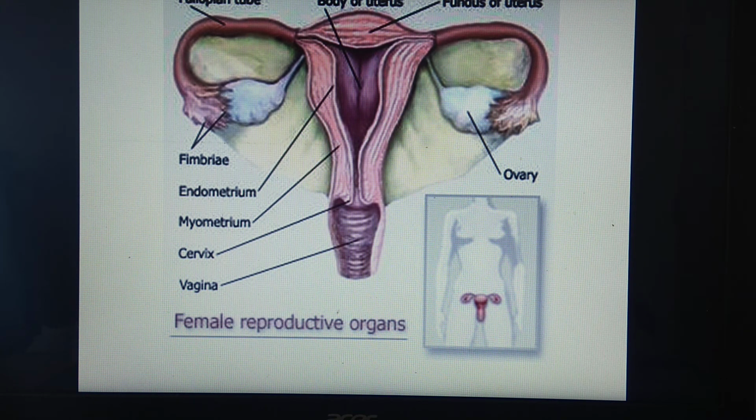What is labia minora? They are the thin folds of skin present inner to the labia majora. See, I said labia majora and labia minora are skin folds. Majora are the bigger ones, minora are the smaller ones. So the labia minora merge posteriorly with the labia majora and form the fourchette. And towards the anterior side, they form a hood-like covering around the clitoris. So labia minora form the fourchette and a hood-like covering over the clitoris.